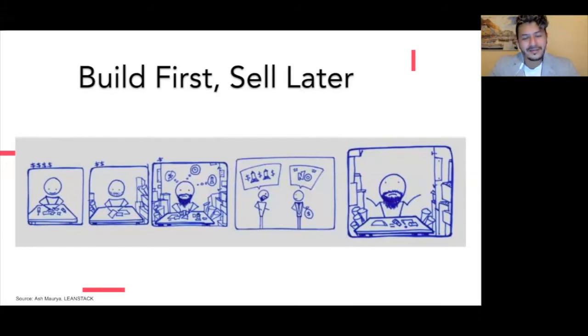But if you want to raise money from an angel investor or a VC, at this stage it will be pretty challenging, especially because investors would like to see traction. They would like to see that users are really excited about your product. At this stage, you only have a product. You don't have any potential customer, any potential user. So it's kind of a closed circle, right?